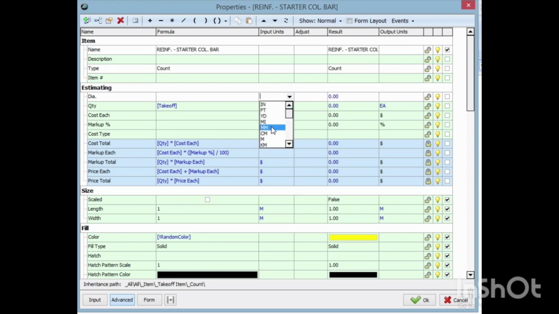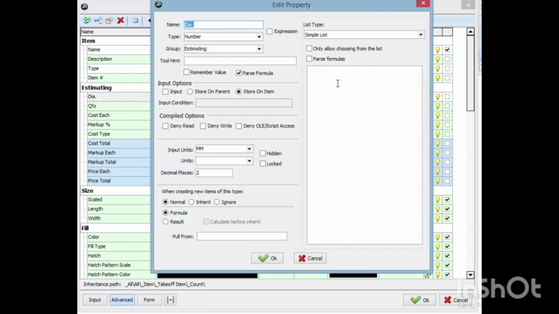In mm, diameter, double click on it again. Under this, type the diameter you have. Let's start from 12, drop it down,